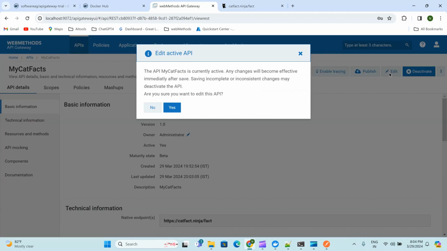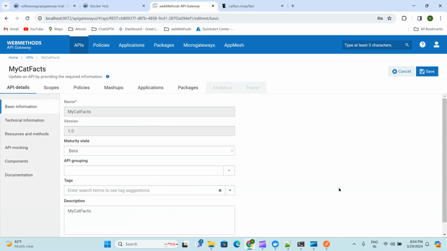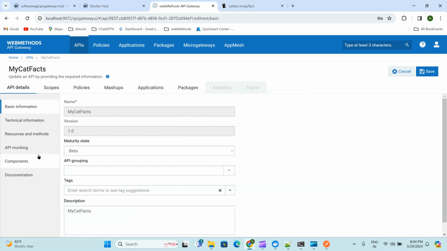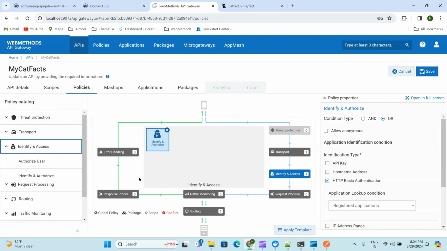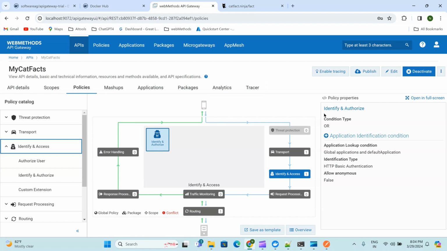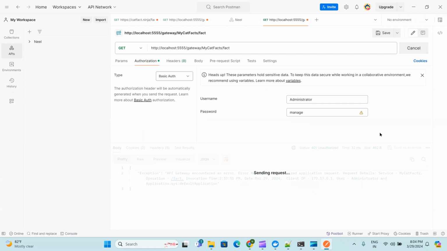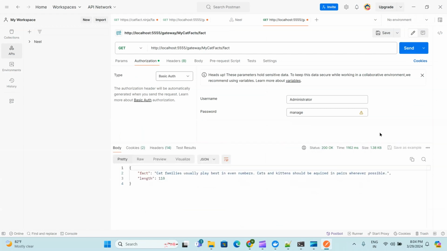Documentation is also available. Okay. What is this? Policies, identify nothing, basic, keep it as this, or, okay, let me check. Yeah,